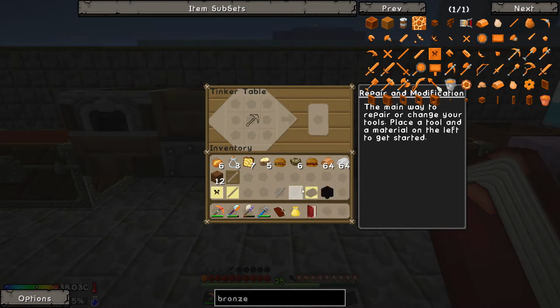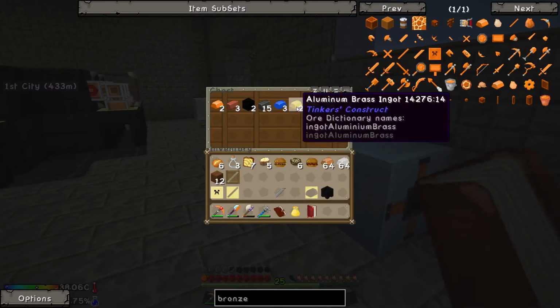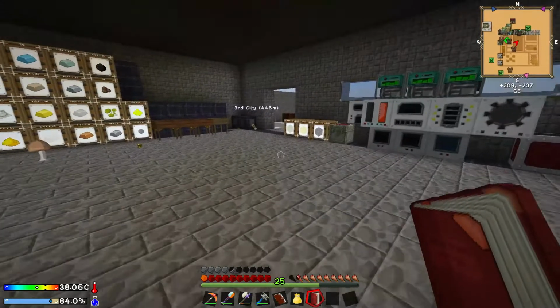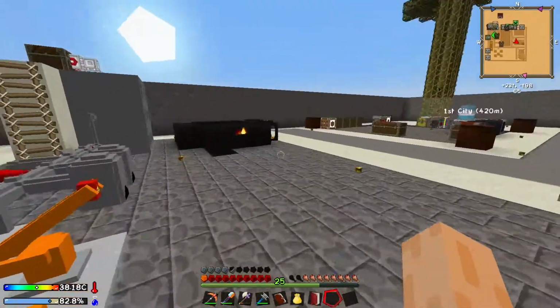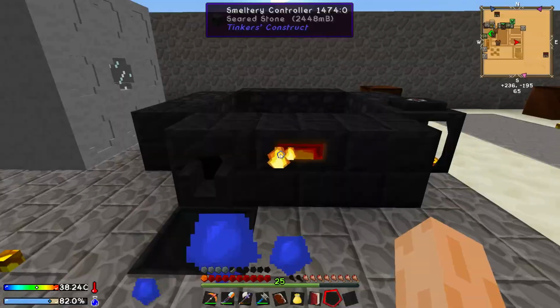So I need to make an ingot cast out of my stone large. So I need some aluminium brass ingots like so. Just need the one. Then we just need to go and start making my tool. I was getting off track there. I think I can only make this out of bronze. So let me... I need to make...